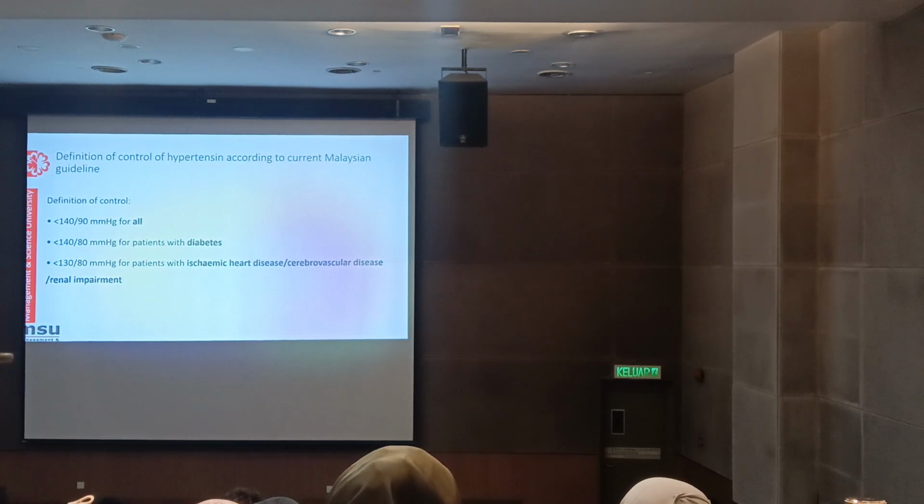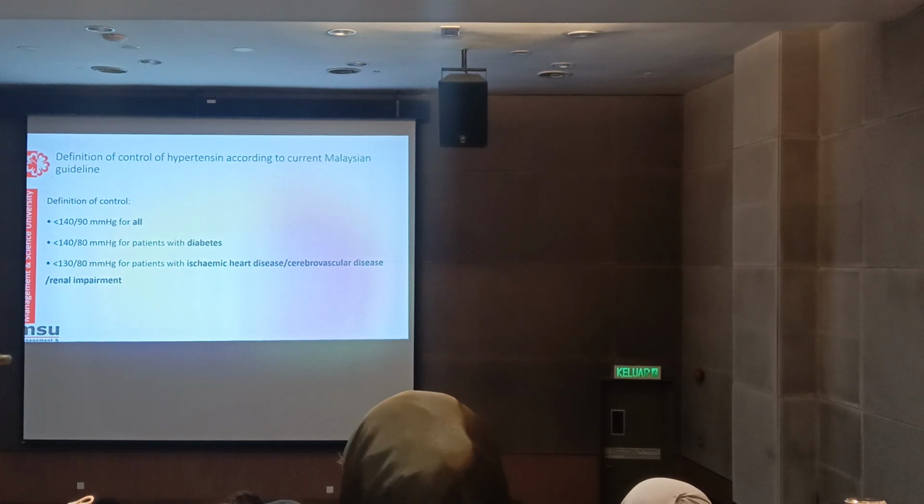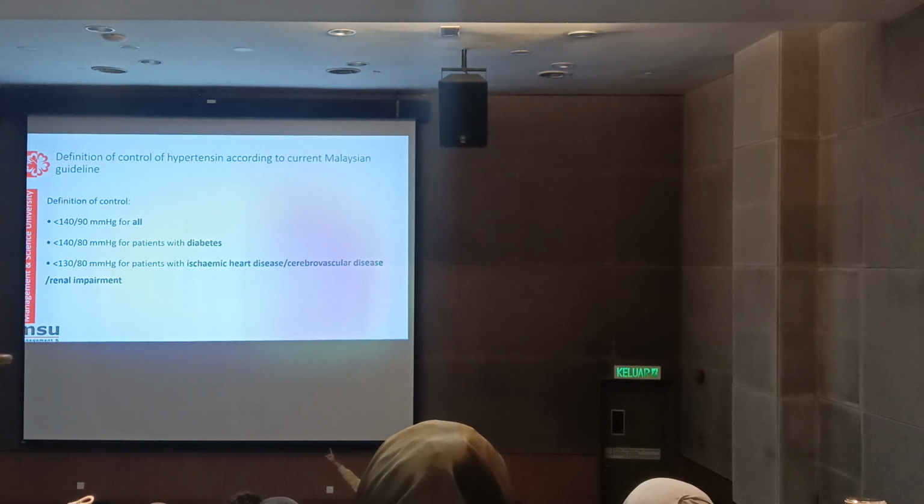And look at this point, I need your attention very well. Definition for controlled hypertension according to the current management guideline: we need to achieve blood pressure, systolic and diastolic, below 140 over 90 for all patients. Below this level, okay, general for the hypertensive patient. Remember,